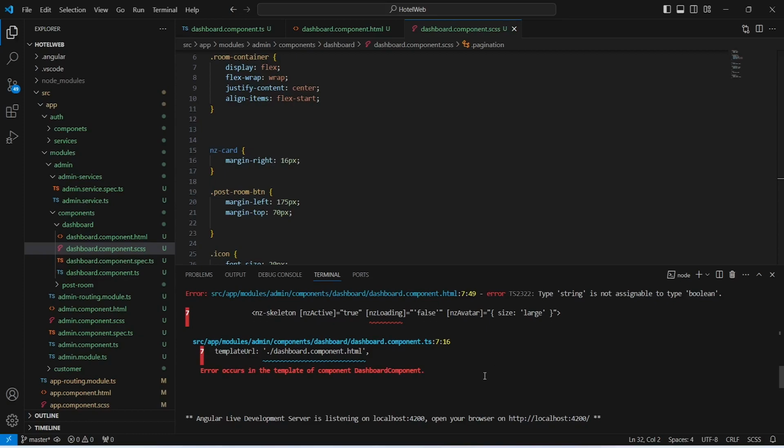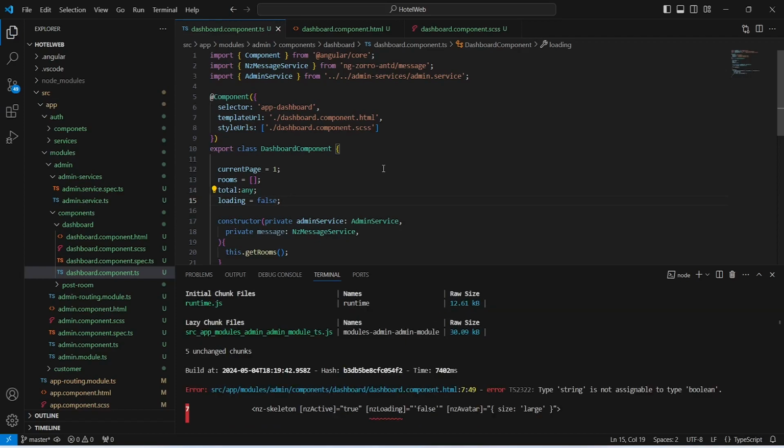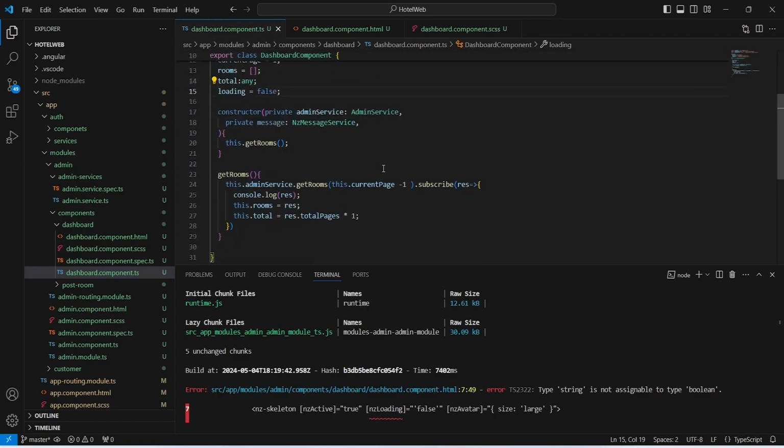And as you can see we got an error in the HTML file related to ng loading, and to fix this error we will open dashboard.component.ts file, and in this file we will create a variable and we will name this as loading, and we will set the value as false. And after this we will go to the API call, and in this function on the line number 26 we need to write